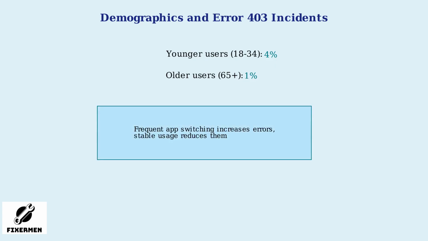When examining who experiences Venmo's Error 403, demographics play a key role. Younger users aged 18 to 34 report higher incidence, around 4%, primarily due to frequent switching between apps. In contrast, older users aged 65 and above see fewer errors, only about 1%, because their usage patterns are more